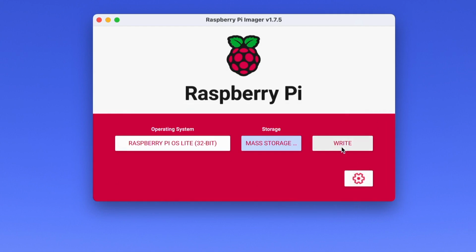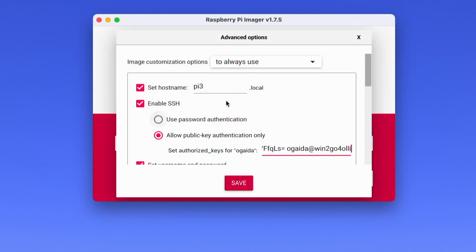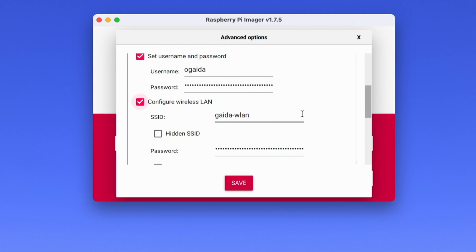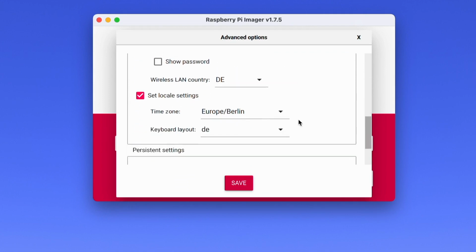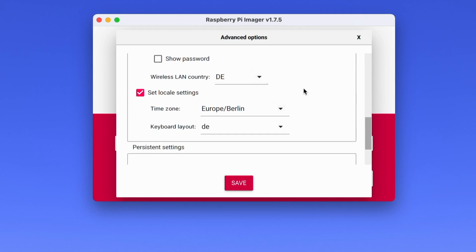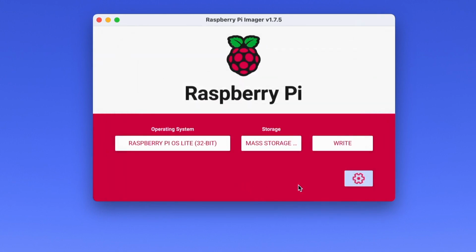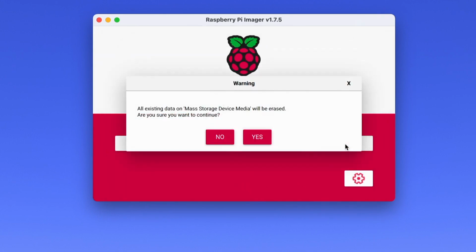And then before I go to write, I check my settings. Here you can set the hostname, enable SSH, set the public key if you want, the username, password, the SSID for your WLAN, the password, WLAN country, time zone and keyboard layout. That's it. And then you can press write and they ask you if you are really sure to overwrite your